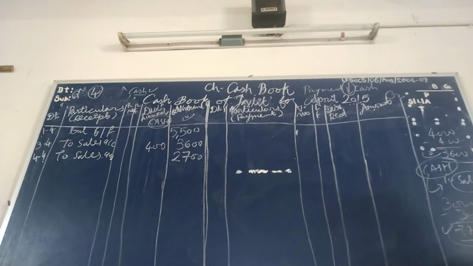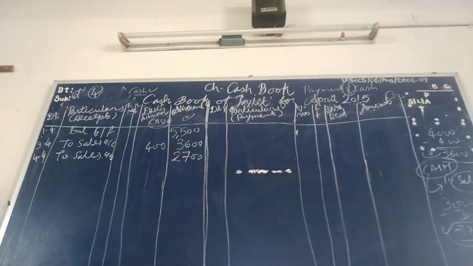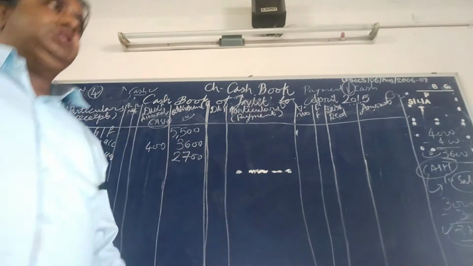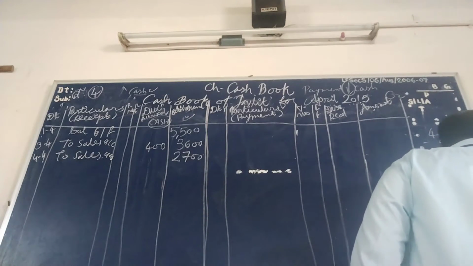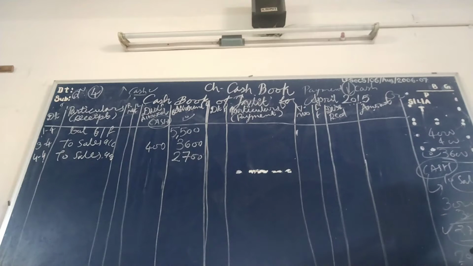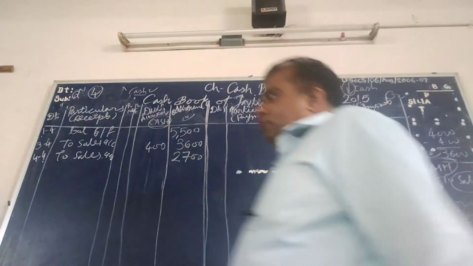Now the next entry on the 5th April, cash of rupees 2,000 paid to Earth. We paid to the party. We paid to Earth 2,000 in full settlement of his account of 2,030. We have to pay 2,030 to Earth, and now we pay 2,000 to Earth. It means Earth has given us 30 rupees discount. So we receive 30 rupees discount.